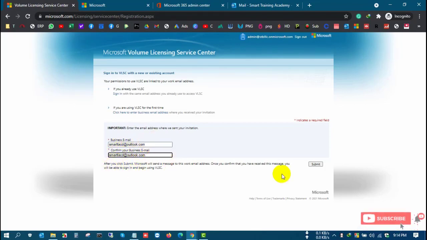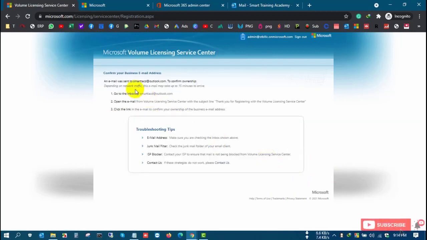Check it and then click submit. After submitting, you will see a confirmation mail from the primary account. It can take 15 minutes maximum.